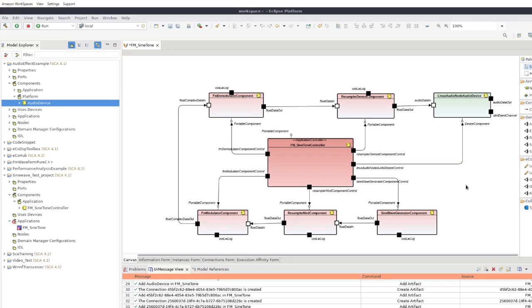Now we have everything we need: the signal processing components around, the system controller in the middle connected to all the control ports, and the audio device representing the computer speaker.